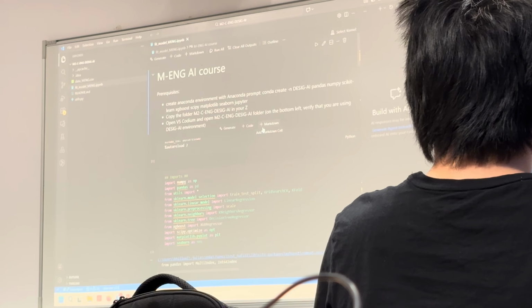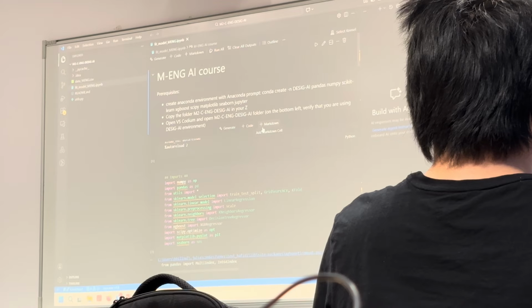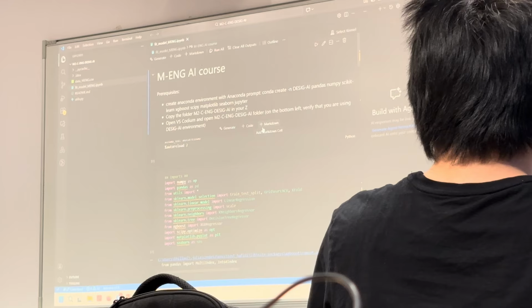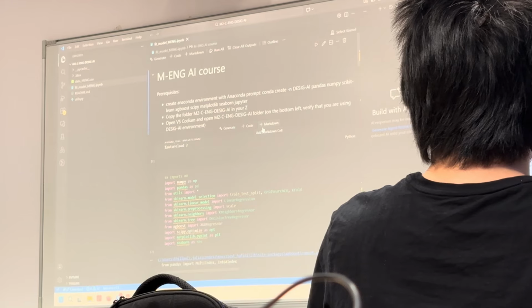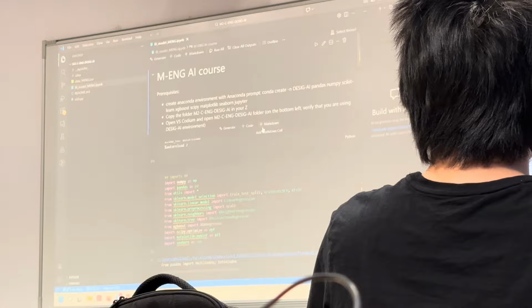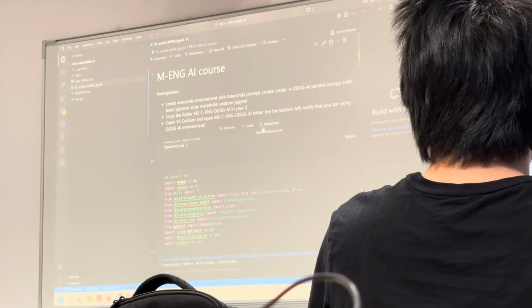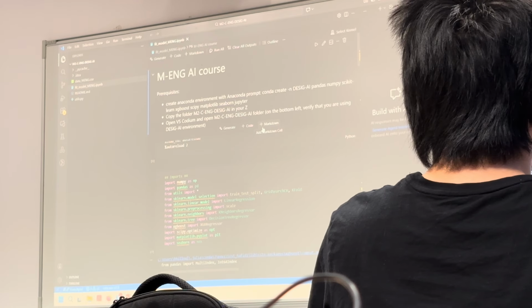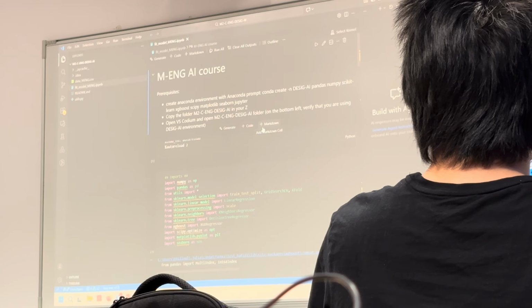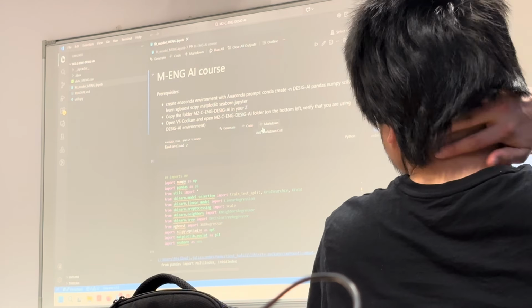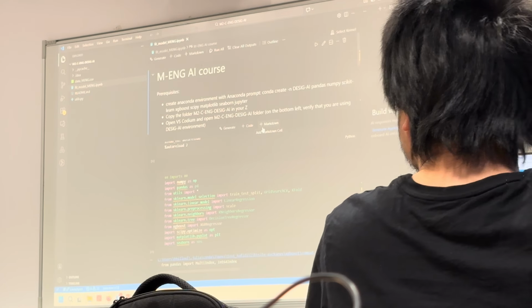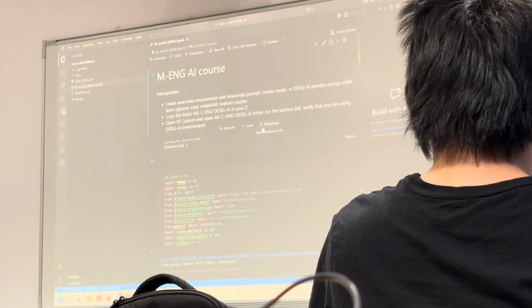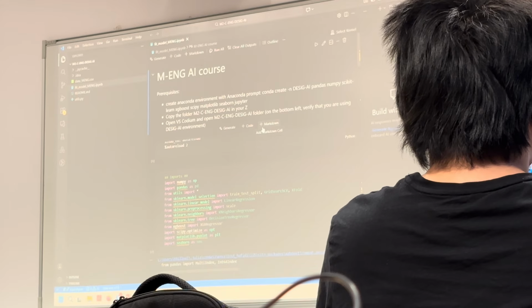Then the name of your environment. And then pandas, numpy, scikit-learn. And then it's installing a lot of things. Yeah, once you created,